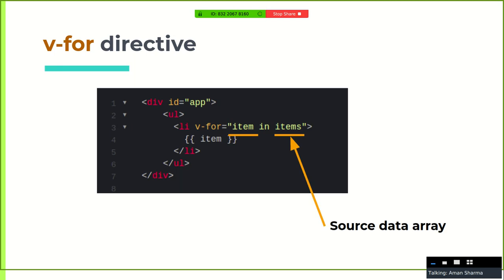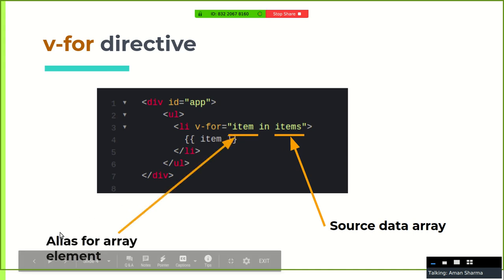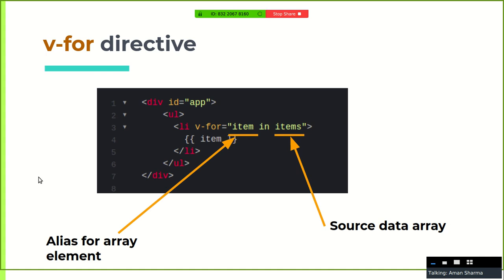Vue.js has a v-for directive, and it is pretty much like the for-in loop of JavaScript. If we have an array named items, that is the source data array, and we use v-for in this manner, we can write item in items, where item will be the alias for each particular array element.